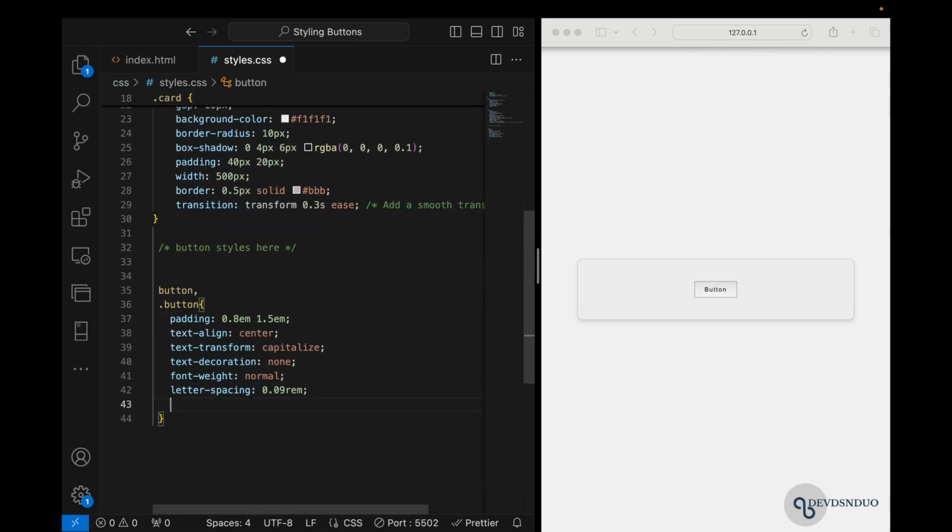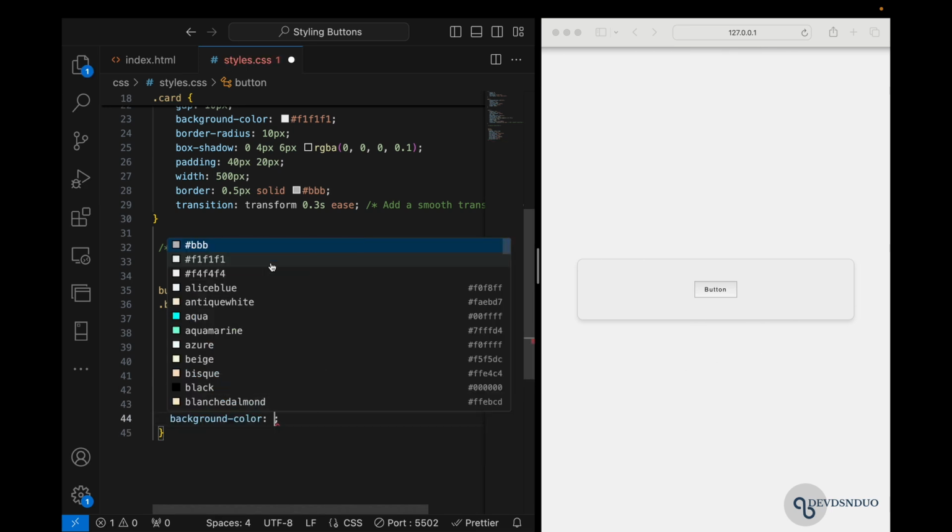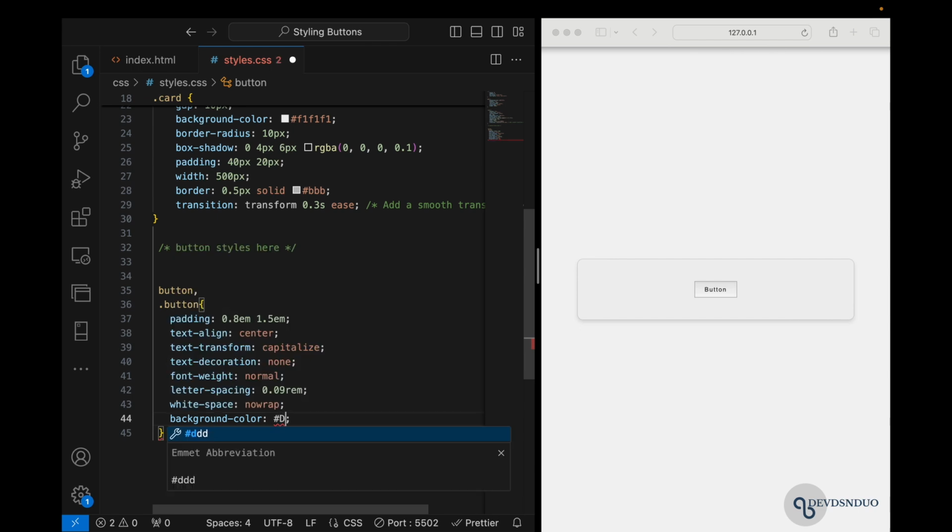After that, I want to use the white-space property with the value of nowrap. Let's say you want a button to have a longer text, this property with the value of nowrap will prevent line breaking. So if you have a longer text, that text won't be breaking. And let's give it a background color. For this color, I want to use the hash value